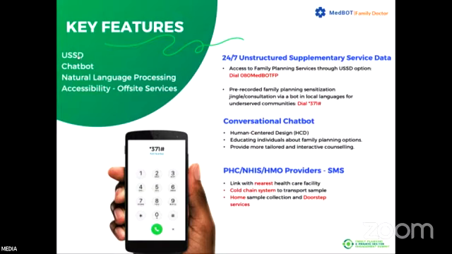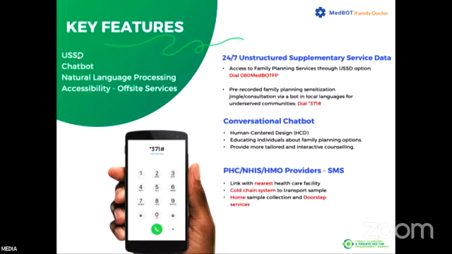So what are the key features in MedBot Family Doctor? One of it is the USSD approach in such a way that when you dial 080 MedBot Family Planning, you can listen to an assistant who will walk you through the procedures of family planning. And also you can dial *371, which will actually now walk you through some of the methods, the ones suitable to you and how you want to opt in. And if you press 1 to opt in, you receive an instant message linking you to a primary healthcare center around you to follow up with your family planning steps.